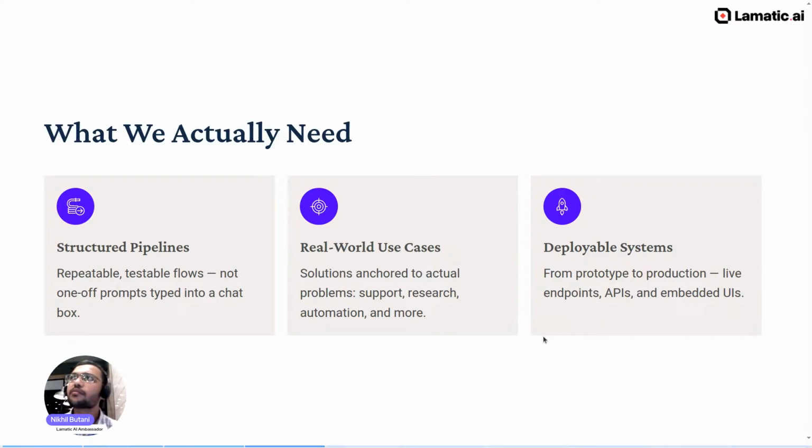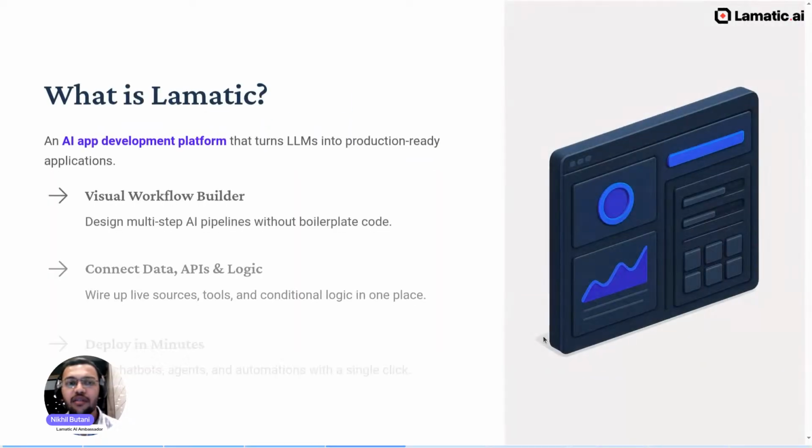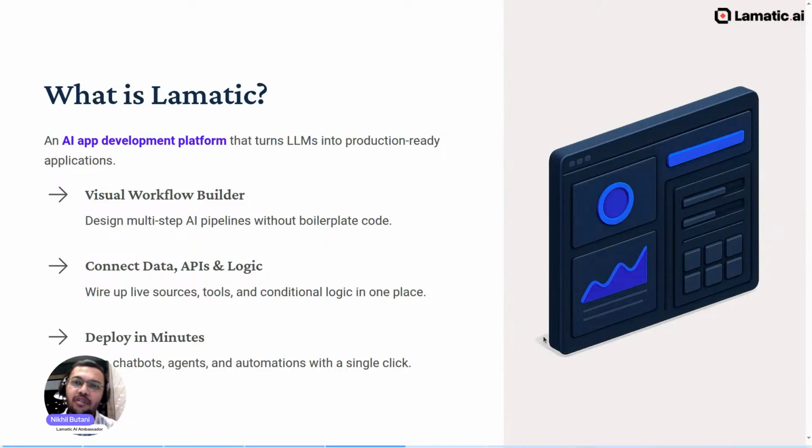As you know, many developers are doing design via Anti-Gravity or Google Stitch or any of those things. But how is a live endpoint made, right? So let's do it. But before going to the demo, as you see my title, From Prompt to Product, using Lamatic, I want to know in the chat how many of you know about Lamatic, how it actually works. Let me see in the chat.